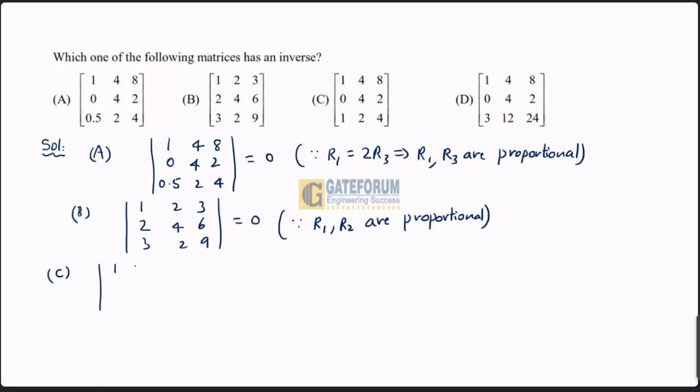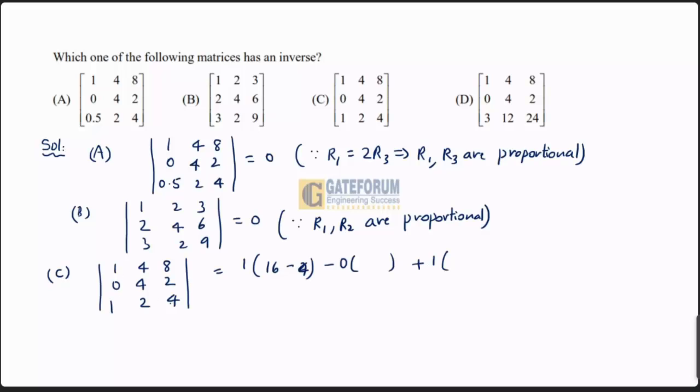Determinant 1, 4, 8, 0, 4, 2, 1, 2, 4. Now expand the determinant here. No 2 rows, no 2 columns are proportional. 1 into 4 into 4, 16 minus 2 into 2, 4. The determinant can be expanded by any row or any column. Here I am expanding by first column. Minus 0 into anything is 0. Plus 1 into